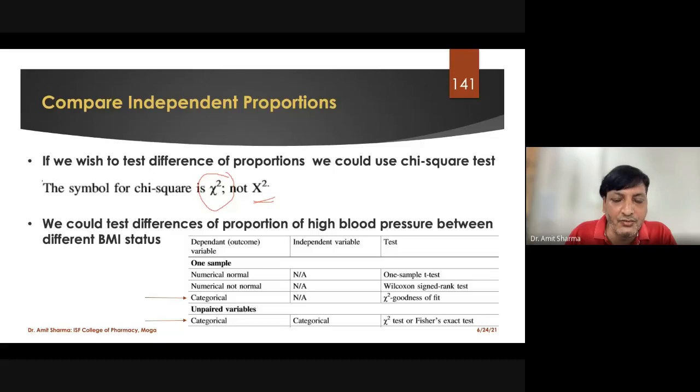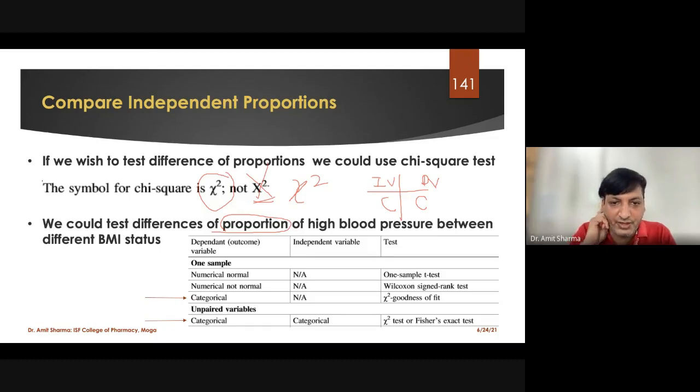not x square. So most probably many researchers will find difficulty in MS Office to find the sign of chi. So what they used to do, they used to write an x and a square. So that is wrong. X square is something else. You have to use the term chi square only. So whenever we want to test the difference of proportions in terms of percentage for a categorical variable, that means the independent variable is given in the form of category, the dependent variable is also given in the form of category, then which test will be applicable? Then the test that will be applicable is chi-square.